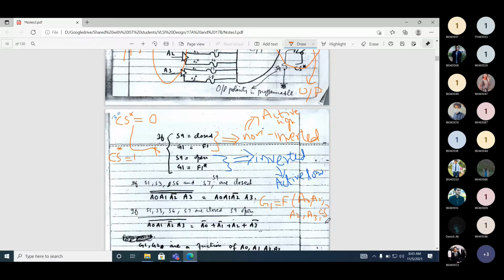There are 5 inputs: A0, A1, A2 and A3 and also CS. But it is also a function of all switches, the status of all switches. The switches either can be opened or closed.